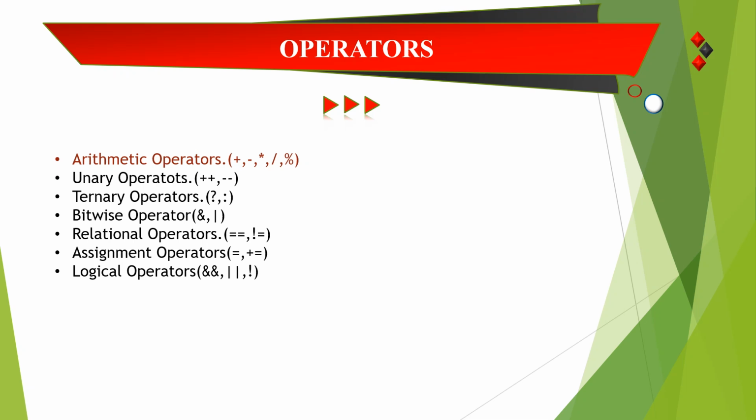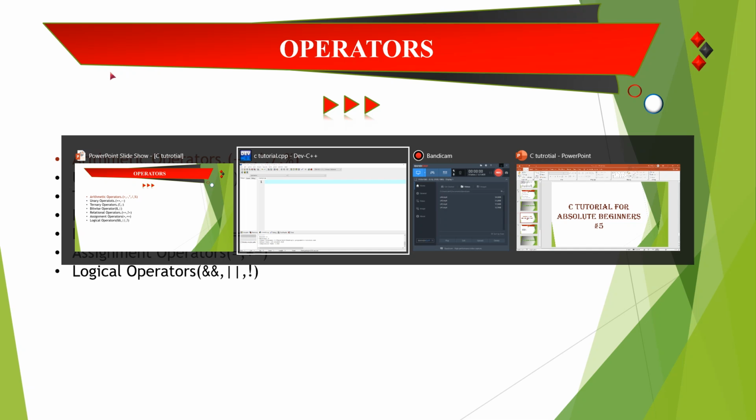I have written the names and given some examples in the brackets. These are just some examples, it doesn't mean that it is only these. For instance, unary operators are not only plus plus and minus minus; those are just some examples of unary operators. There is a spelling mistake, don't bother about that. Now we are going to see how the operators work, starting with the unary operators.